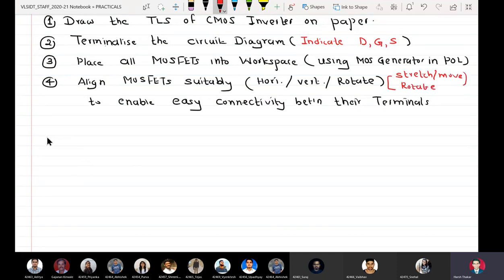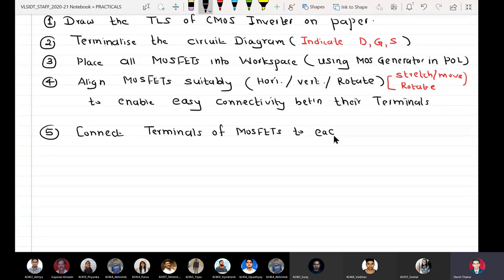Once you have aligned all the MOSFETs suitably, what you have to do is connect the terminals of MOSFETs to each other as per point number 2.